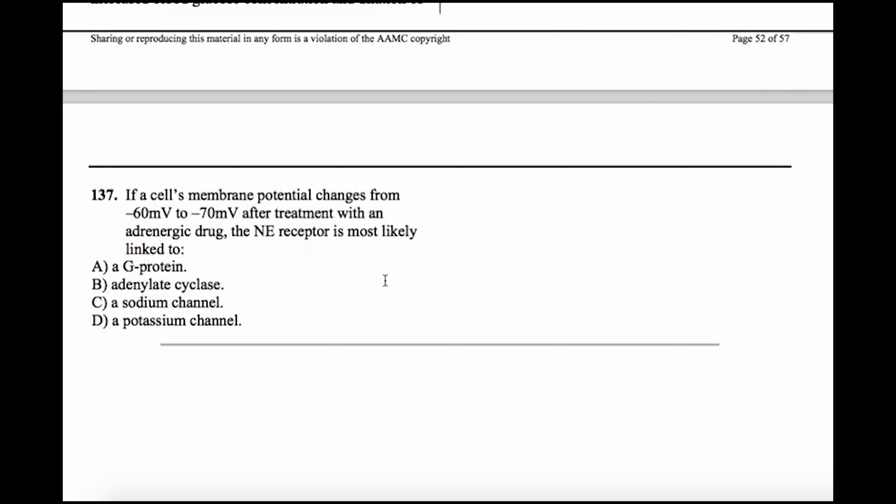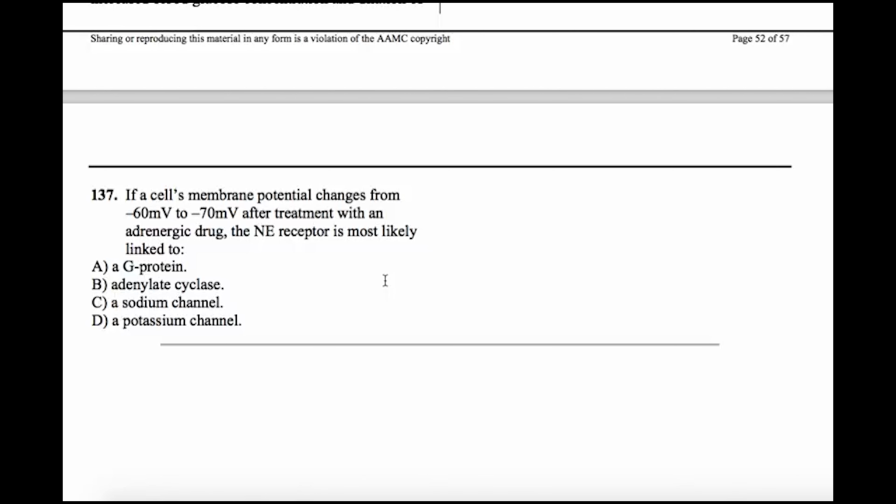So let's see. If you're changing the potential from -60 to -70, right? Which one of these, if you have an opening, will cause hyperpolarization? Okay, so that's the best way that I can phrase this question. Out of these four choices, which one of these could lead, or most likely would lead, to hyperpolarization? So a movement away from threshold or resting, right?